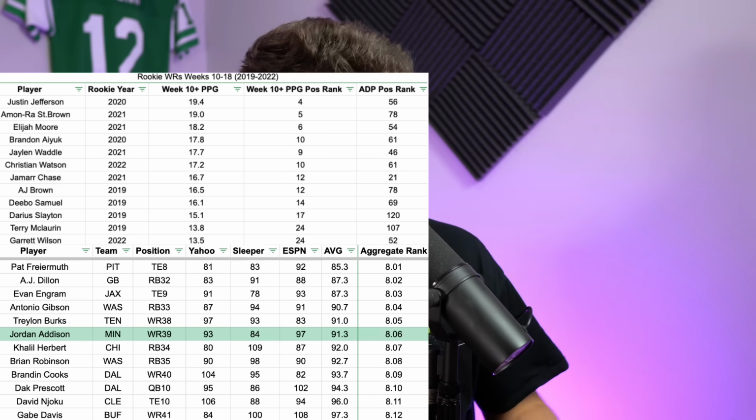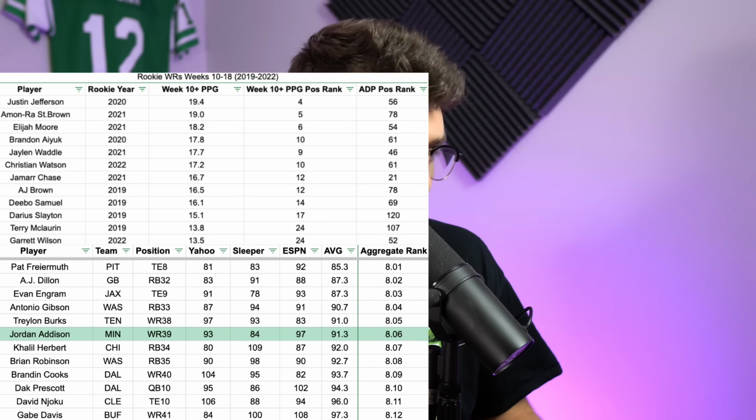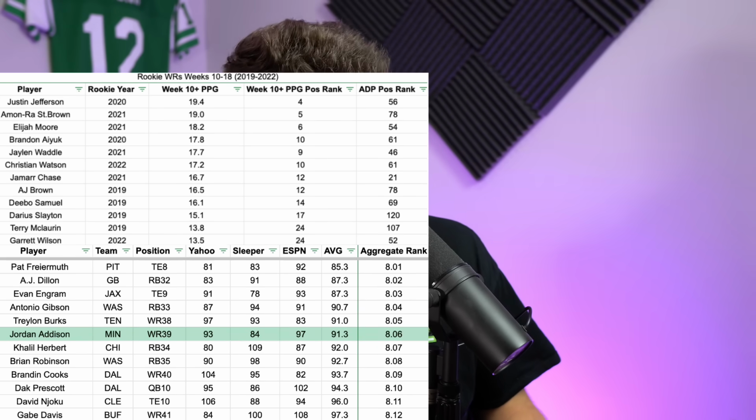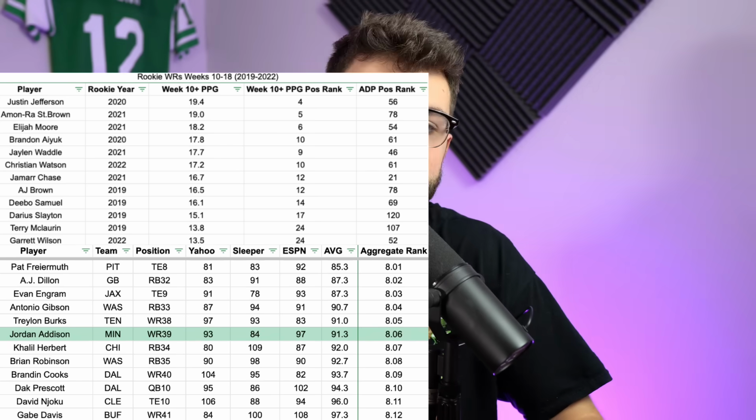Justin Jefferson was the wide receiver 56. He was the wide receiver 4 in points per game from week 10 on. Amon-Ra St. Brown was the wide receiver 78. He was the wide receiver 5 in points per game from week 10 on. You can just see all the way down the board, you're getting massive, massive values for these late season hammers,